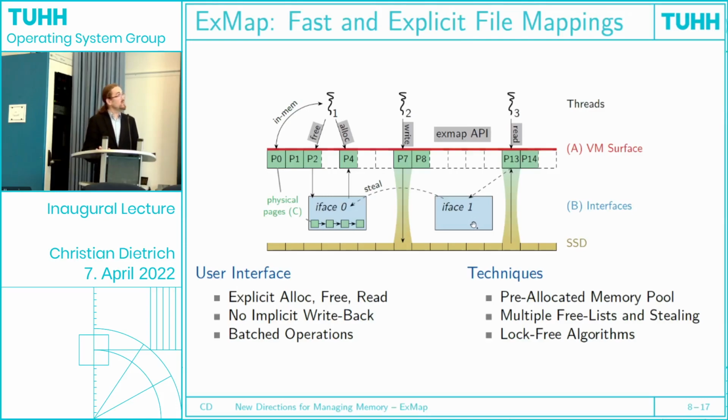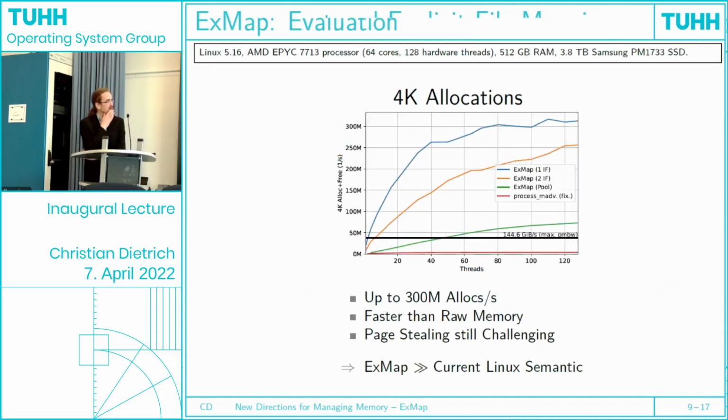So when we use this XMAP abstraction, what do we get when we perform the same benchmark? We again ask, how fast can we install and remove 4K pages from our virtual memory surface? In this graph, I show you two different lines for reference. The one is the red line down here. This is the best line from the previous slide, so these are the 5 million IO operations that we had with the fixed version of Linux.